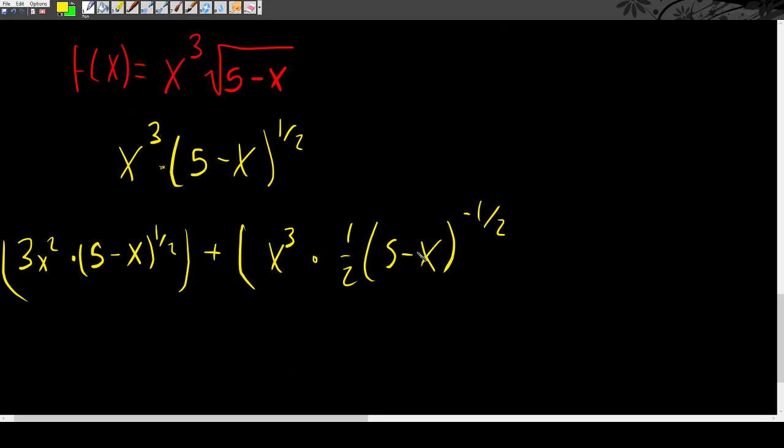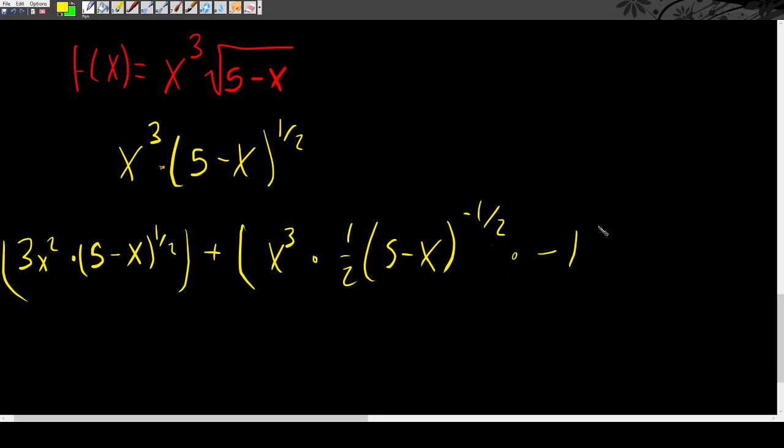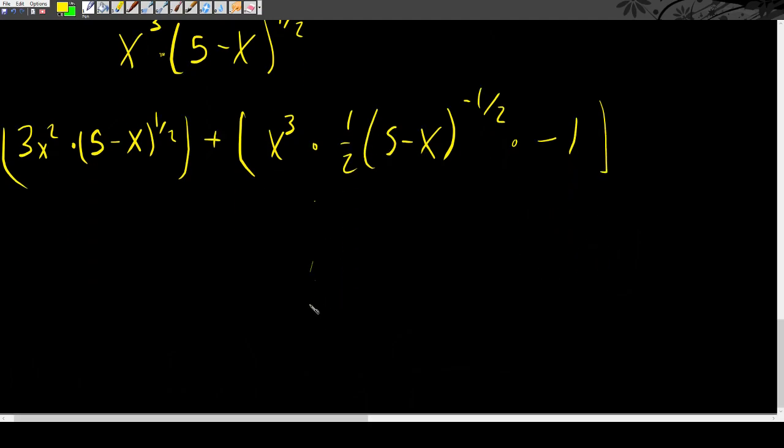And then derivative of the inside, because we just did power rule, is negative 1. Oh, yikes. Negative 1. So this would be a correct answer, but whether or not AP would